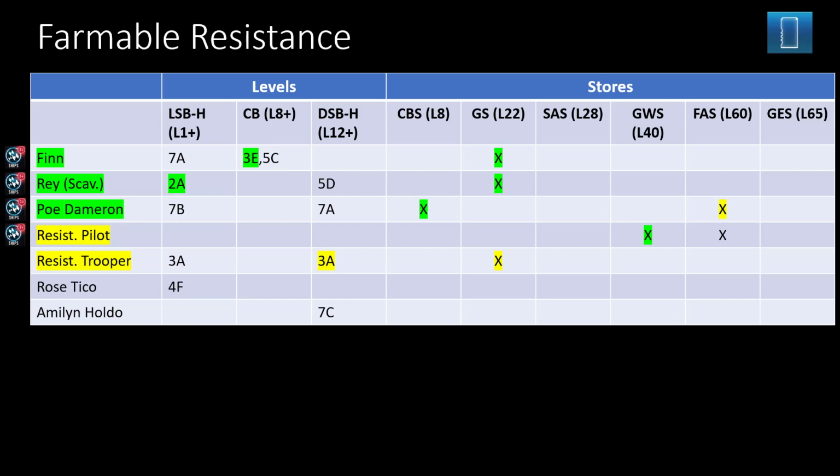Now, the top 3 Resistance characters are not listed here because they're not farmable from stages or stores. They're only available through special events: Jedi Training Rey, BB-8, and R2-D2. But you won't get them until relatively late in the game, especially Jedi Training Rey, so you'll probably need around 4 of the farmable Resistance characters to complete the speed mod challenges by mid-game, with R2-D2 probably filling in the